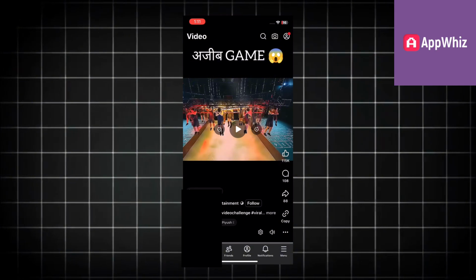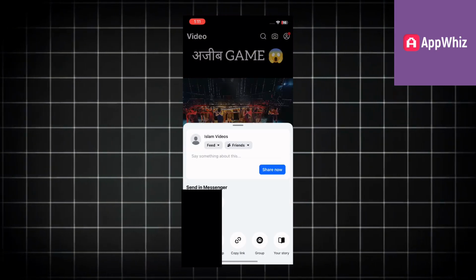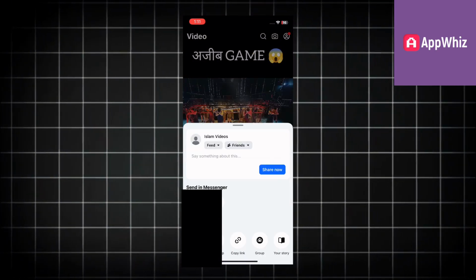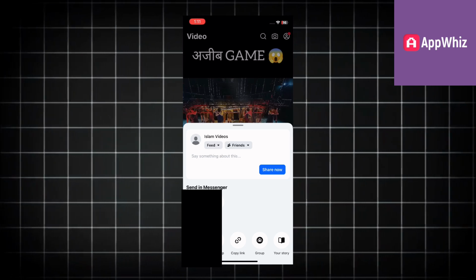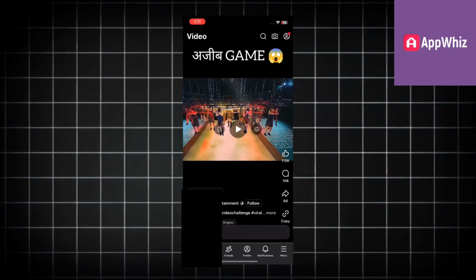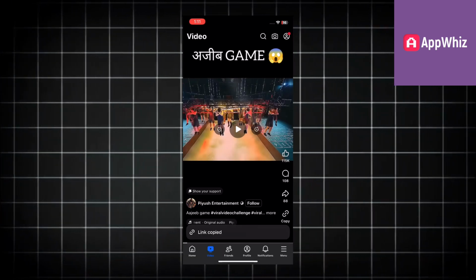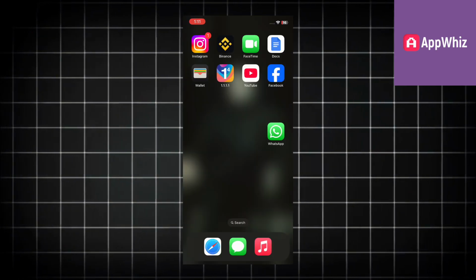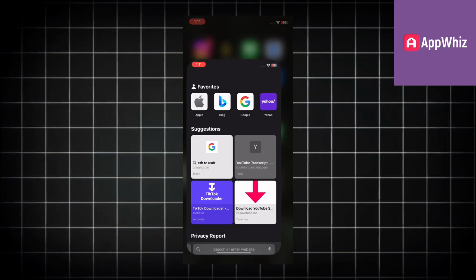All we have to do is to tap on the share icon at the right side, and this menu will pop up with a couple of different options. Find the copy link option in here and tap on it. As you can see, we've got our video link. So now we can continue to the next step and exit